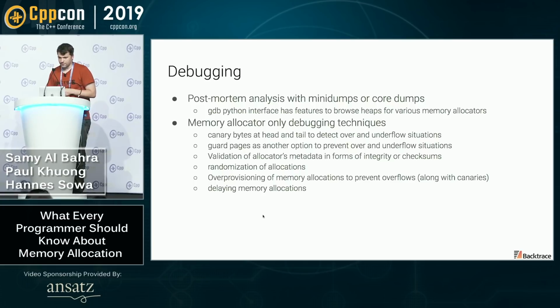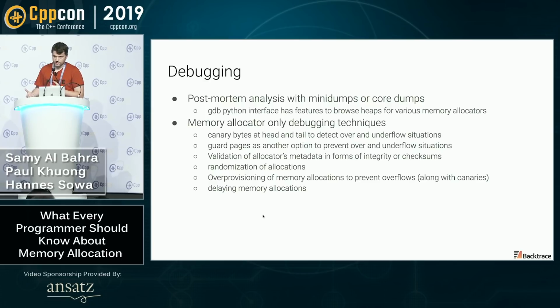Let me quickly go over the debugging features. Whatever you can do with debugging in memory allocators: lots of debuggers nowadays allow you to dump your heap state when you have a mini dump or a core dump. Then you can always look in the manuals of your memory allocators, where you will find some other features